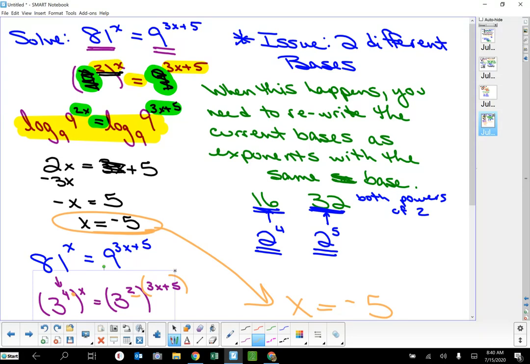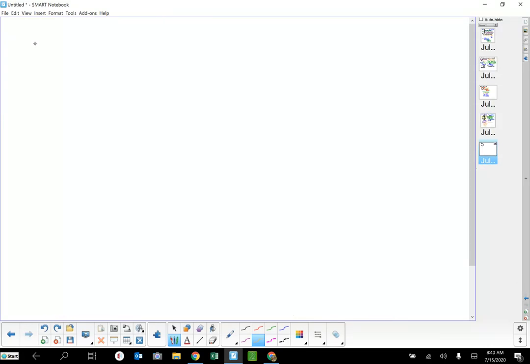Okay, these are also not always going to be whole numbers. So here's another one that looks like this. Solve 8 to the 2x minus 5 equals 32 to the 3x plus 2. Now, yes, 8 times 4 is 32, but you need to write these as powers of something. So the 8 times 4 being 32 doesn't matter. You need to go to a base of 2 here,